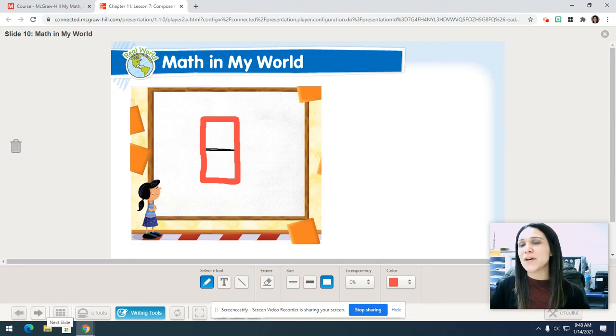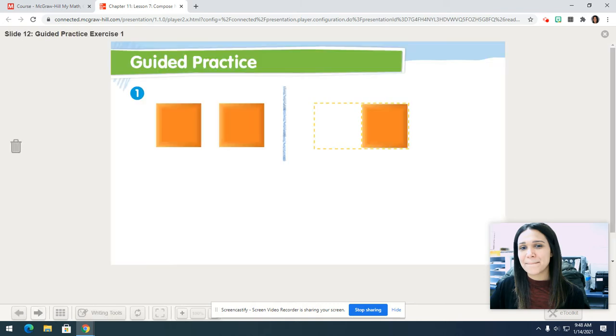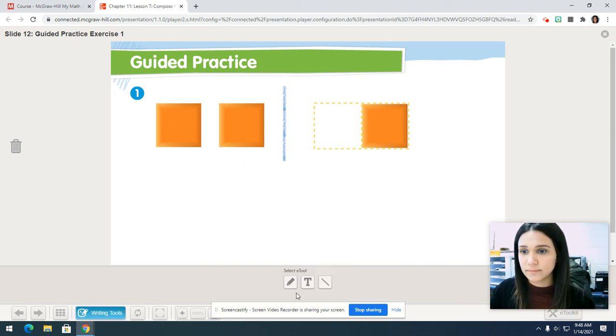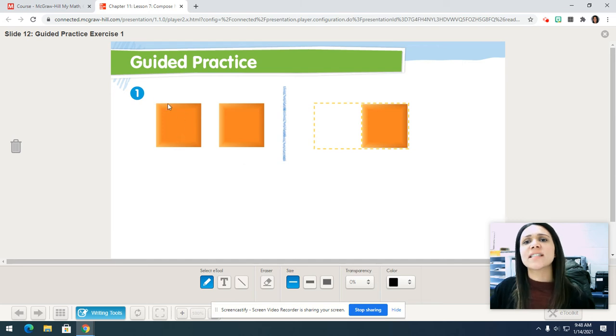Flip your paper over. We're going to be making some composite shapes. So what I want us to do is we're going to count how many small shapes we have and then put them together to make our big shape. So grab your pencil. Boys and girls, let's count how many squares we have. Echo me, square. Good, let's count them. 1,